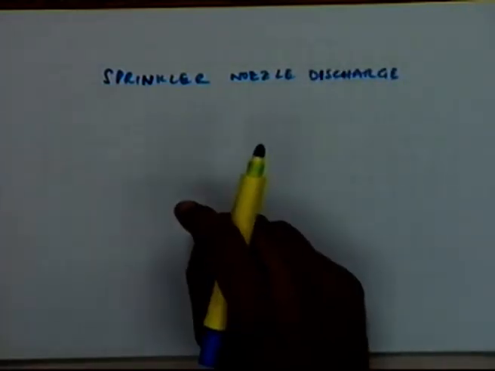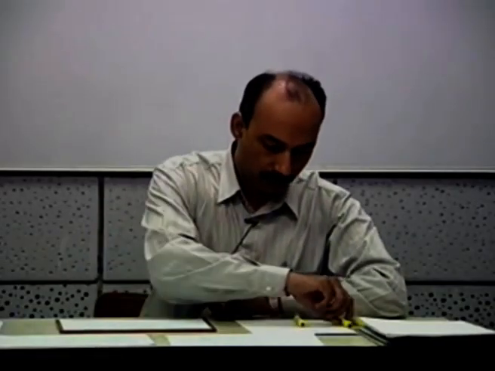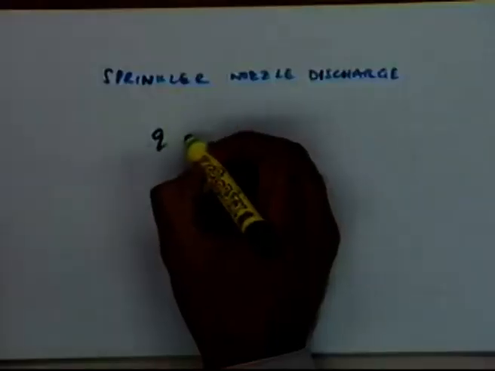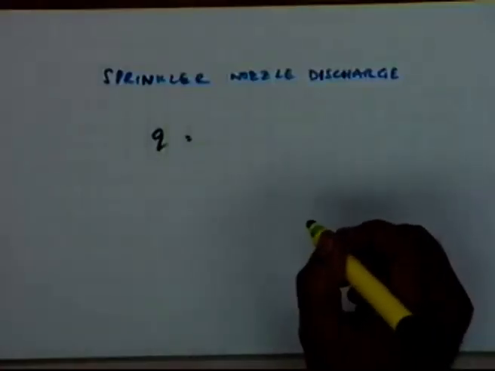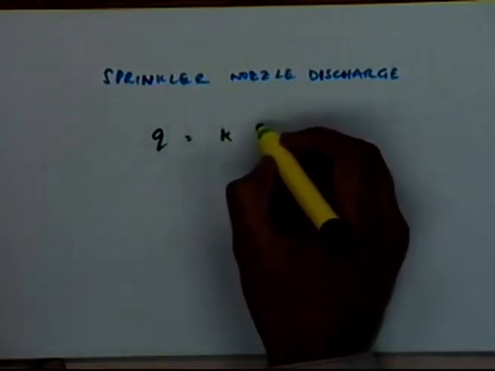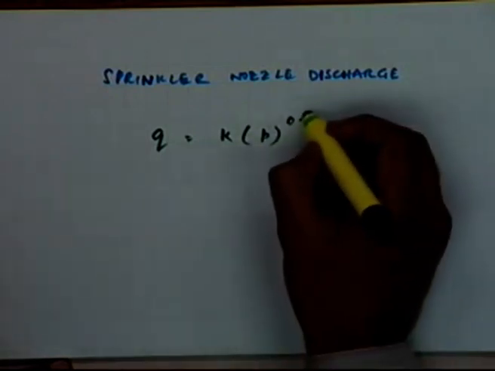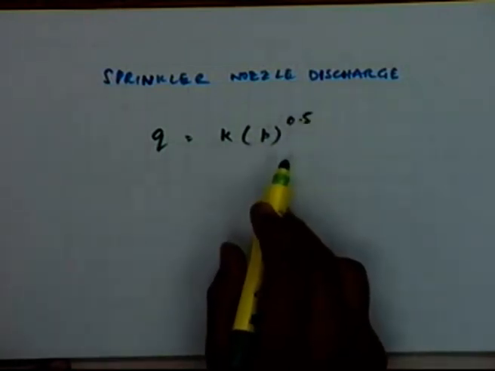The sprinkler nozzle discharge varies with respect to the prevailing pressure, and it can be expressed with this function,